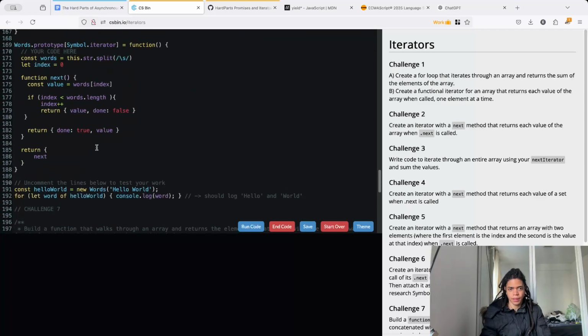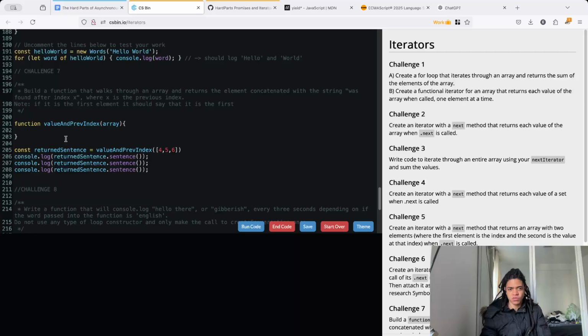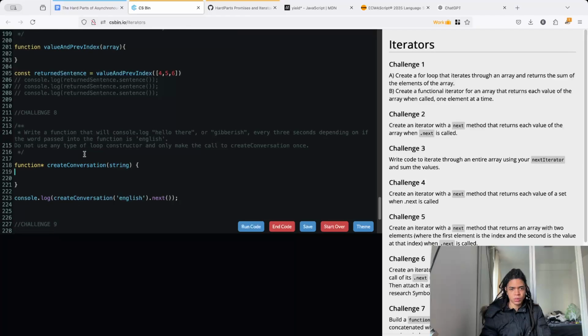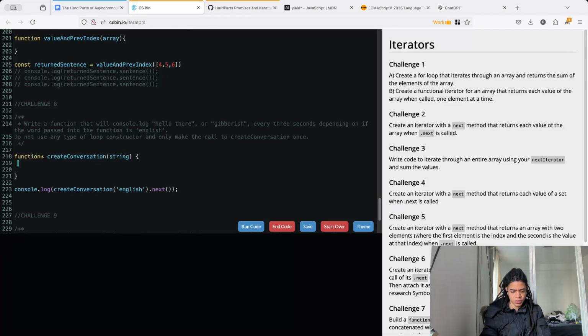Okay, and I'm going to move on to the value and brief value. Actually, I don't care about that, so we can comment that out here, because what I care about more is this particular challenge here. Write a function that will console log hello there if gibberish. So you say if the string match,